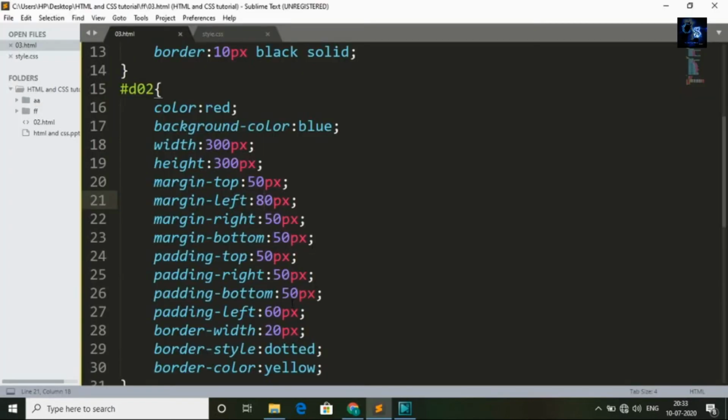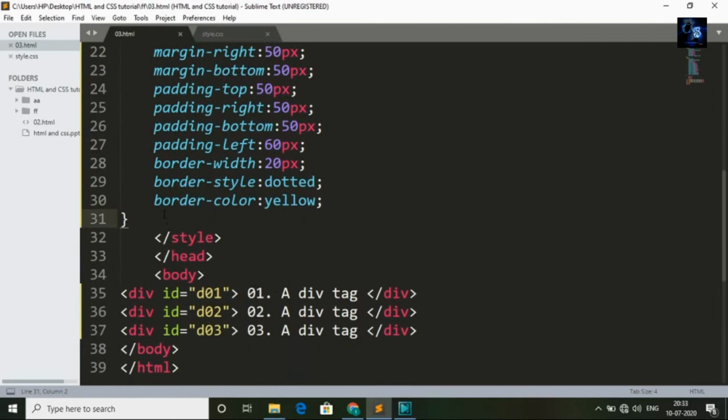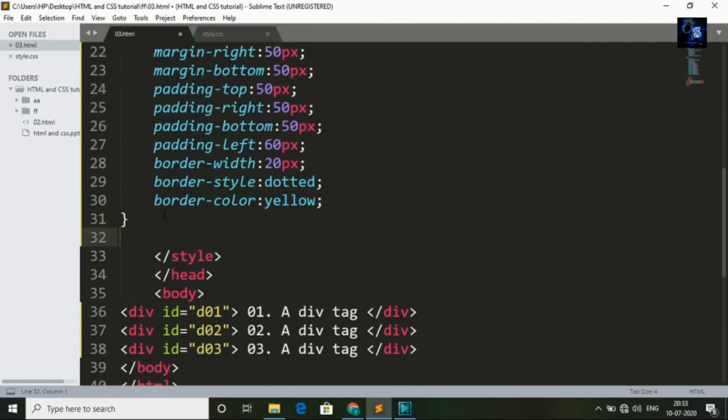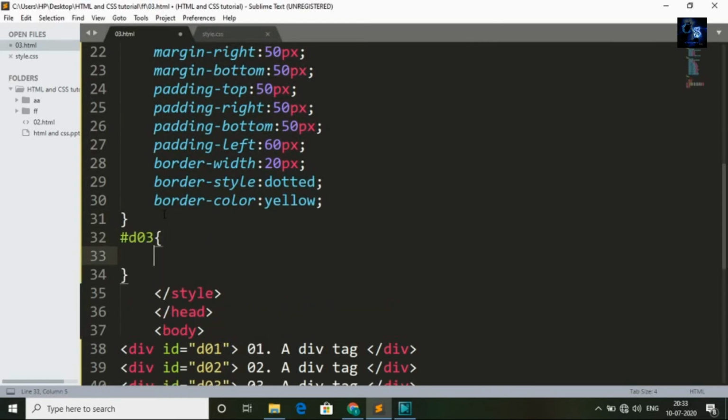Now I will apply styles to third tag, that is d03. First I will call d03, hash d03, flower brackets. Inside flower brackets I will mention color, margin, background color, everything.